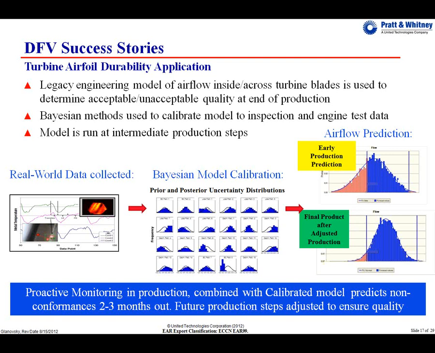And once the processes for that were developed and the airfoil team felt comfortable with what they were doing, they started cutting their scrap rate by as much as 80%, based on not only knowing when an airfoil really was good or really wasn't good to proceed on, but also being able to adjust production as they went to make sure that any given airfoil has the maximum chance to produce good airflow.